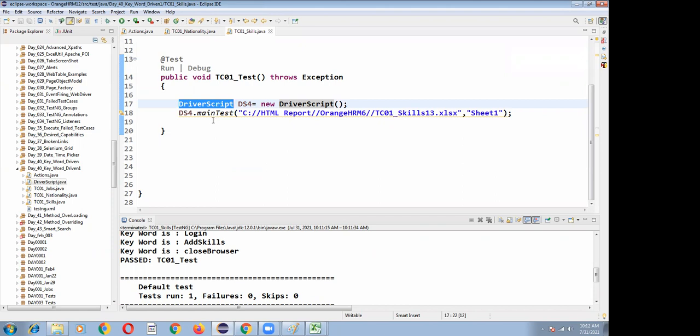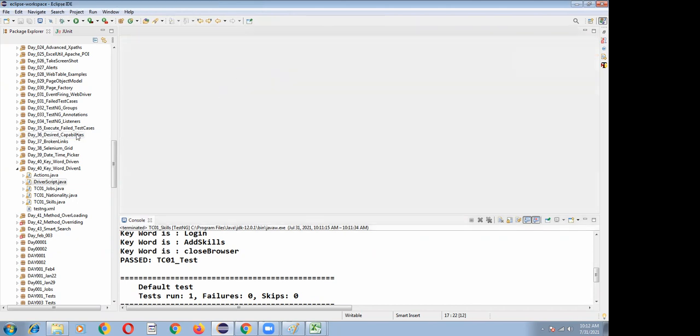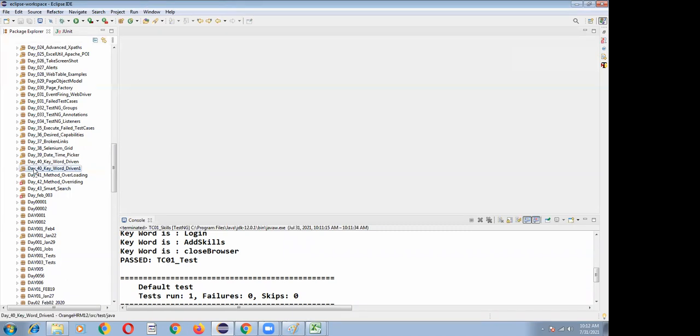That's it in the background about the keyword driven framework, but only 5% of companies are following this approach. Nowadays, all companies are following the page object model with TestNG, or the BDD Cucumber framework approach. The keyword driven approach was used by Selenium people in the beginning, but nowadays nobody is using it. Only 5% of the companies are using it.